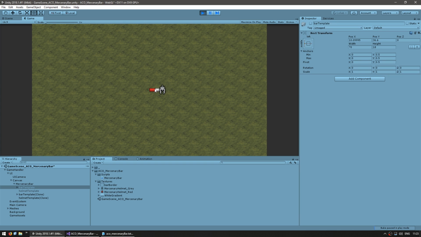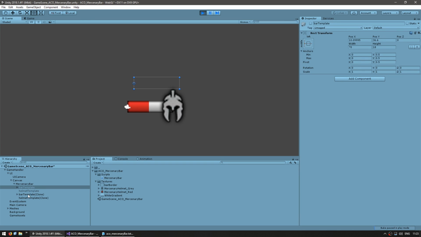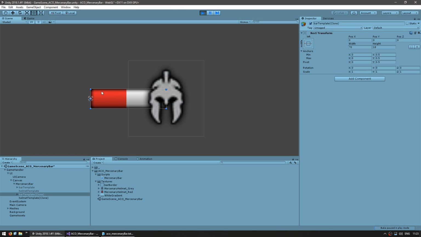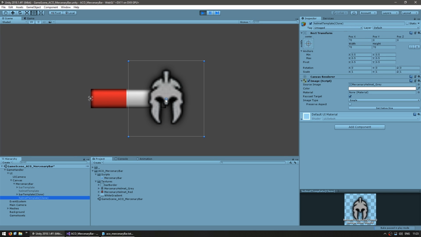Yep, there you go. There's a new bar, and right at the end, there's the helmet. If we check out the positions, you can see that the size is 70 and 18, and the helmet template is on 70 right there. Okay, so now that we are correctly placing it, let's deal with filling up the bar and changing the helmet